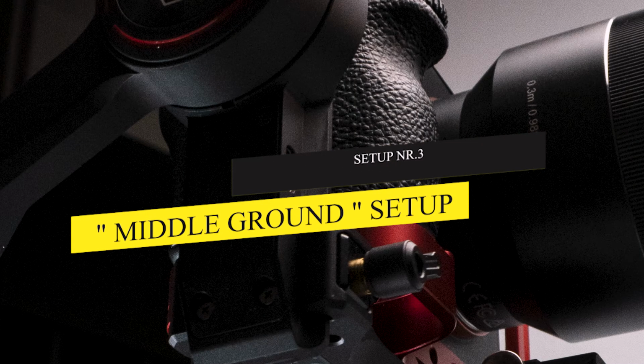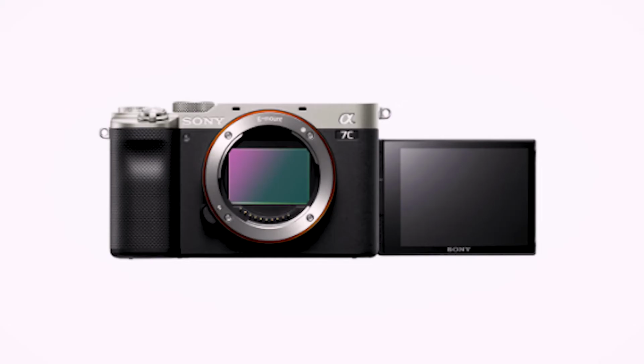For the middle ground camera setup, let's say you don't have all the money in the world, but you still have some money to spend. So right here I would go with the Sony a7C, just because you have gyro data, you have 4K 30, you have full HD 120, and really important, you have a flippy screen. Thank you Sony for that. And I like the fact that this camera is like a compact body, so that's great for run and gun